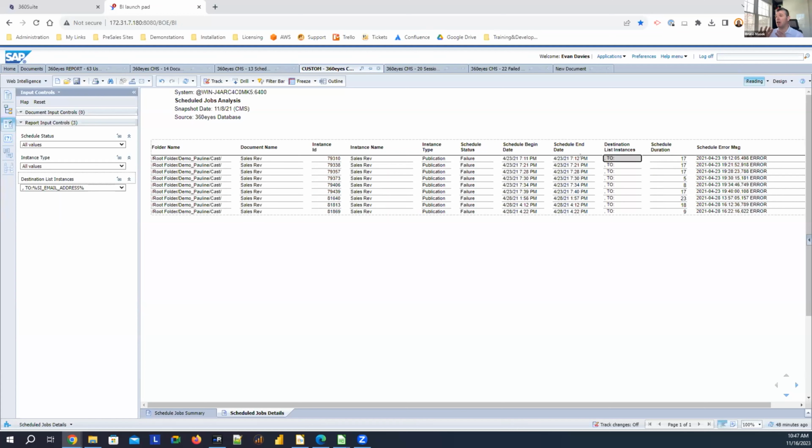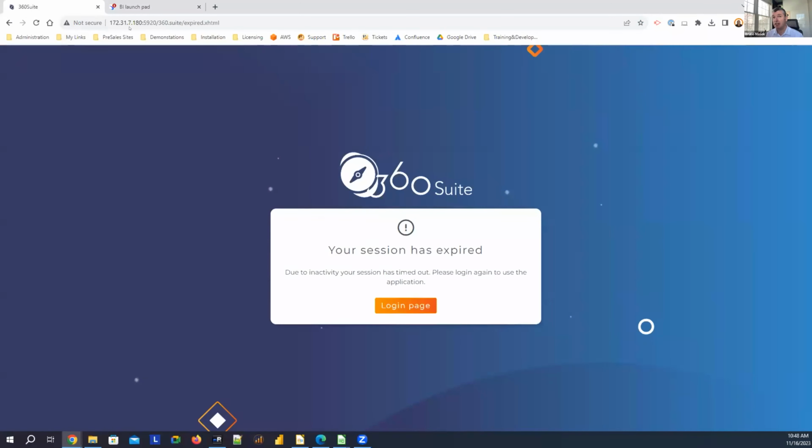360Eyes is part of what we call the web platform. And I think we're going to support the current, let's say the classic 360Eyes version until end of Q2. And we recommend you migrate to the new version of 360 because it's part of the same platform as the rest of the 360 solutions. And it's actually very, very easy. It's pretty cool to use. Additionally, maybe Evan, you want to show again or not,